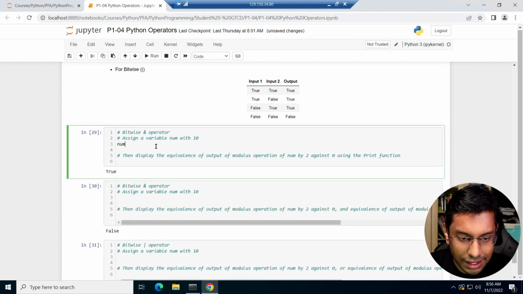Let's assign a number NUM with 10, then display the equivalence of the output of the modulus operator of num by 2 against 0 using a print function. I'm just checking. This is just a basic example for you to get an understanding. This is not exactly using it yet. I just want to show you